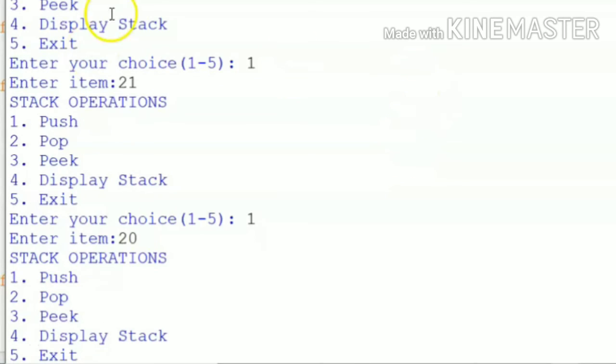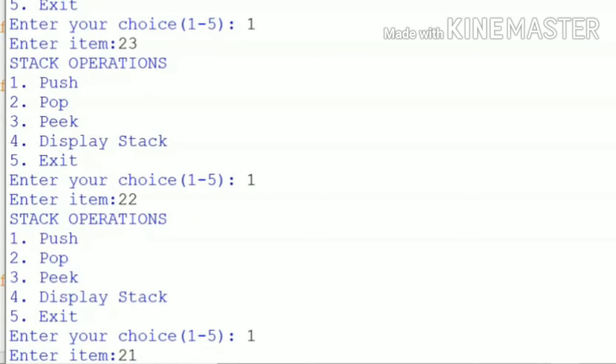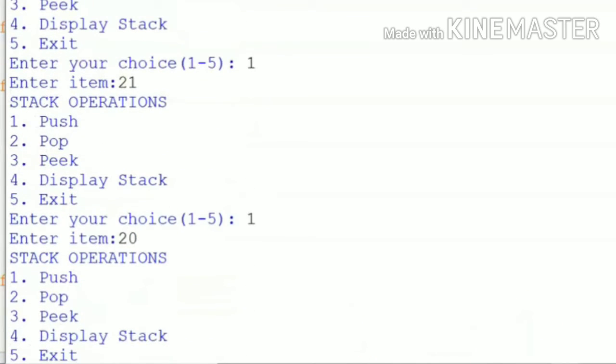So here, first I gave 23. Here you can see 23, then 22, then 21, then 20.